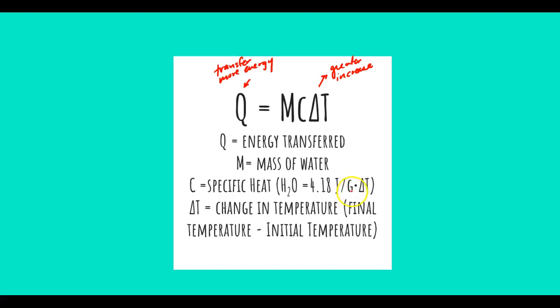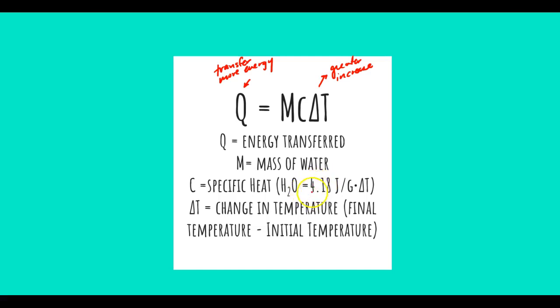It has the ability to heat up 1 degree Celsius for every gram that it has. Now, some things don't need a lot of energy to get hot. For example, if you think of a metal pot, if you put a metal pot onto the stove, it very quickly heats up. Or if you put a metal spoon into a hot cup of water, you'll feel that that spoon quickly gets hot. But other things take a lot longer or take a lot more energy to actually heat